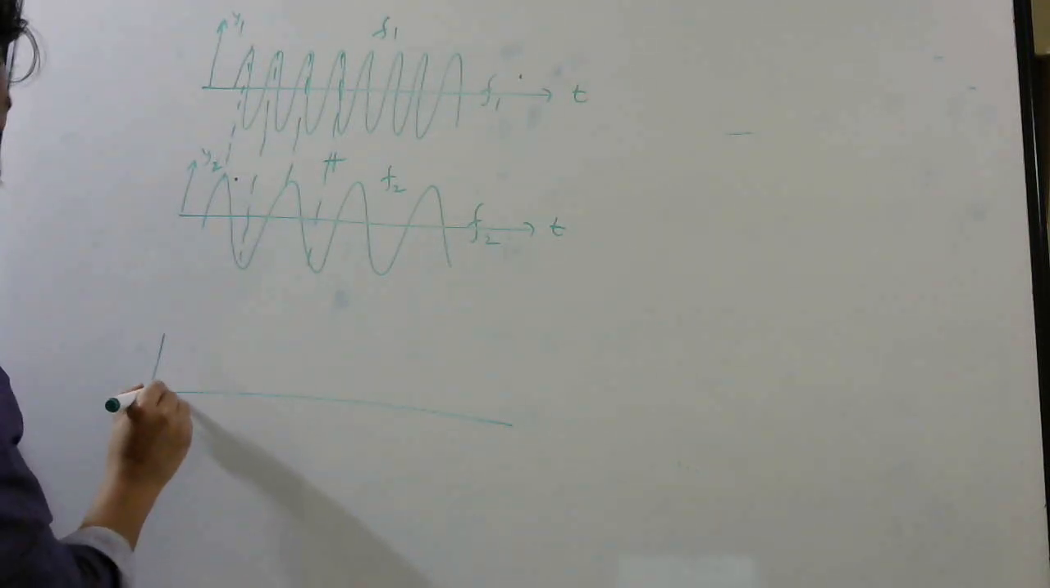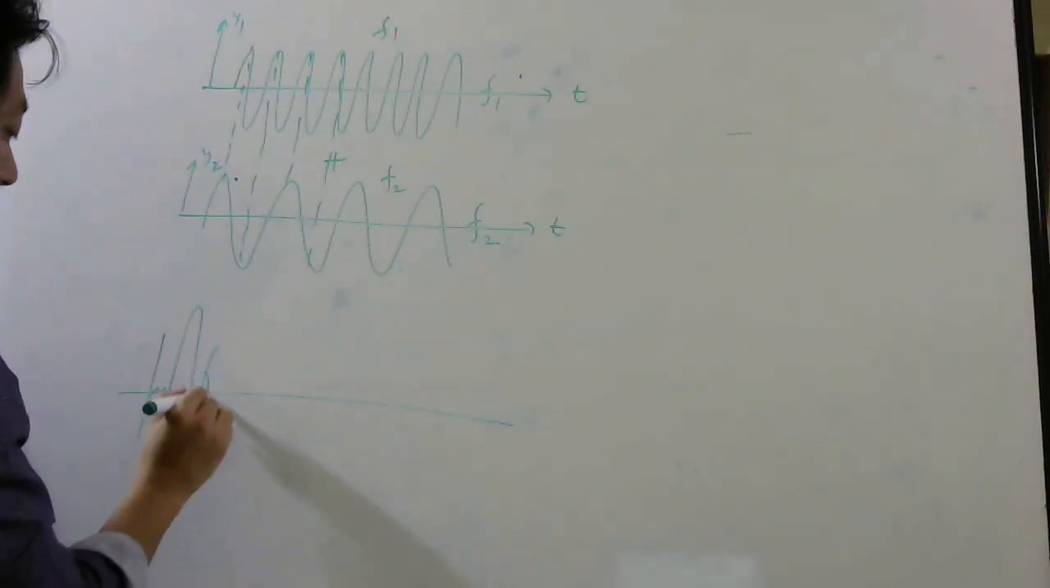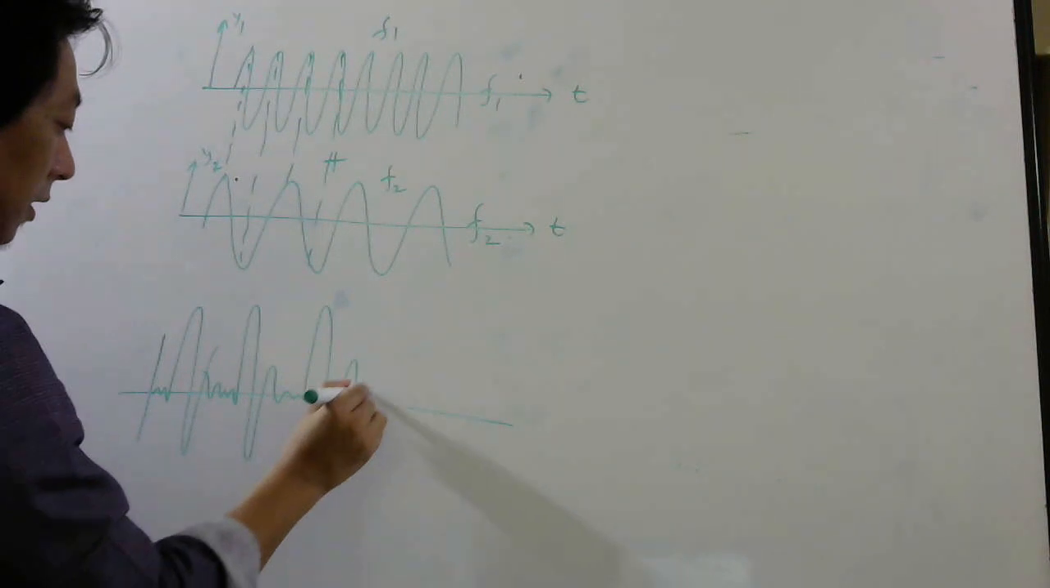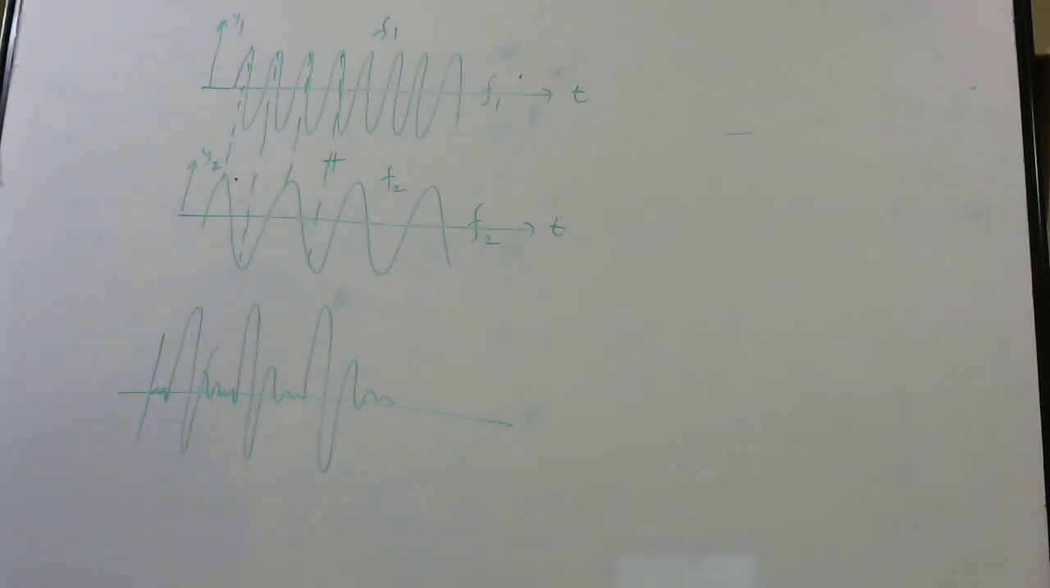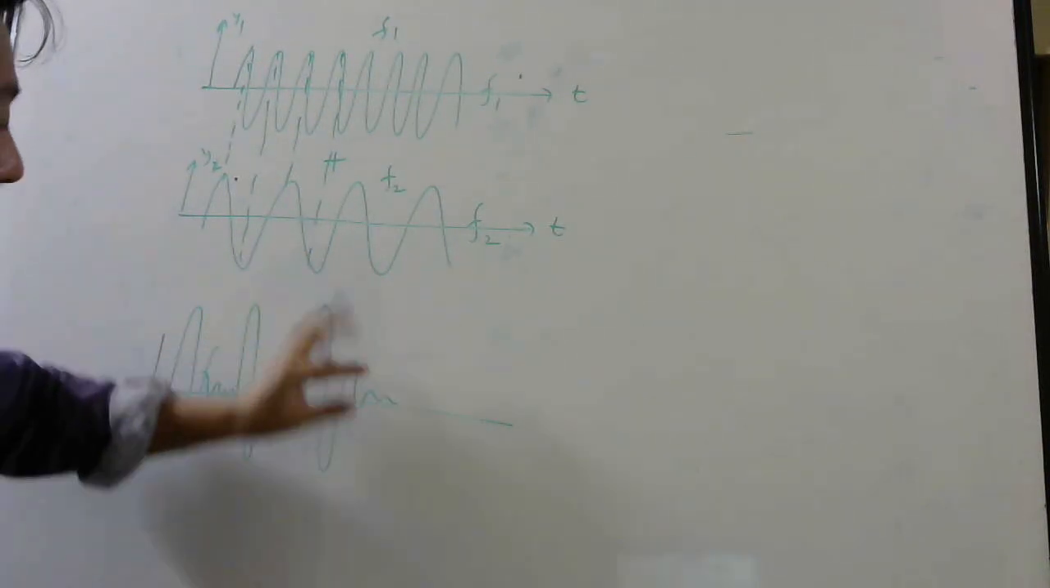So that time you will get a large amplitude. And then when the positive and negative meet, you will get less amplitude. And again large amplitude, then again less amplitude, large amplitude, and again less amplitude. So I'm not drawing the diagram exactly, but the point is the amplitude now increases and decreases with respect to